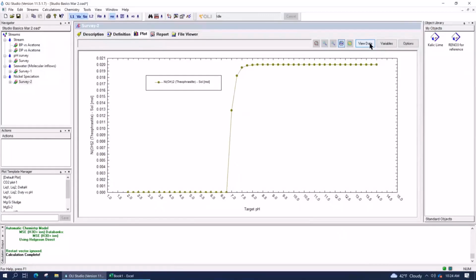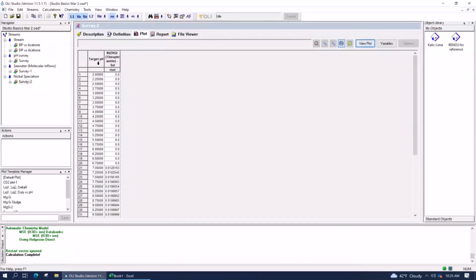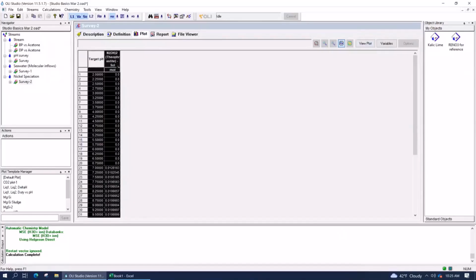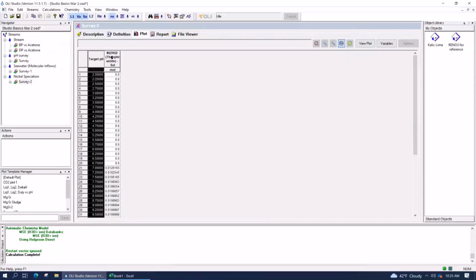The view plot, AJ, is exportable to Excel. You can basically highlight that, copy and paste into Excel, or some other package, a statistical package or whatever. There are several ways of copying it. Here's the copy, or Control C. In the view data, you can also copy this with Control C, Control V. You can copy only one column at a time instead of two, and you have all these options.